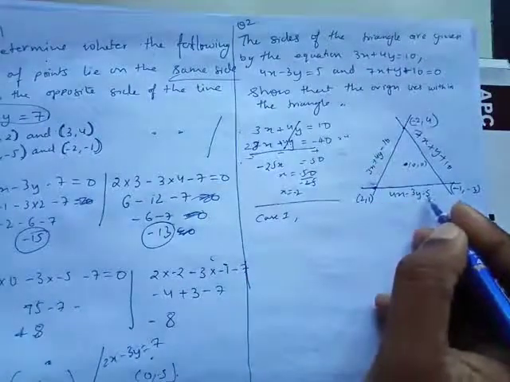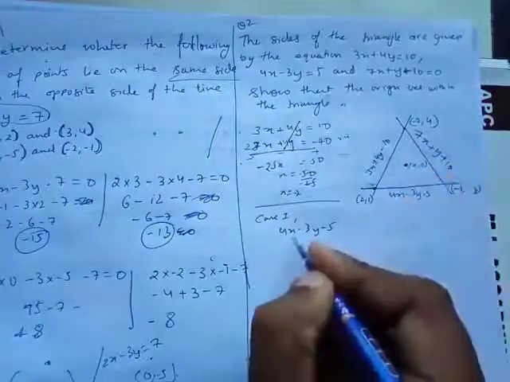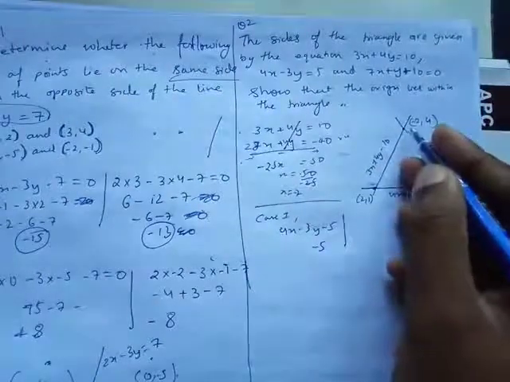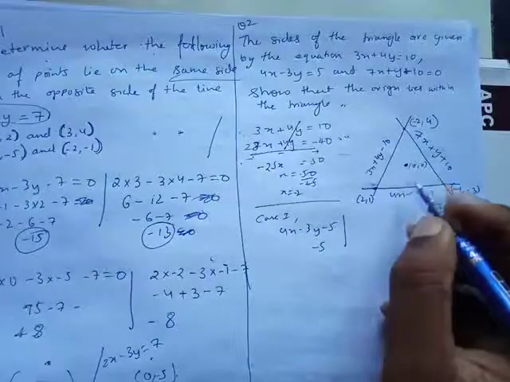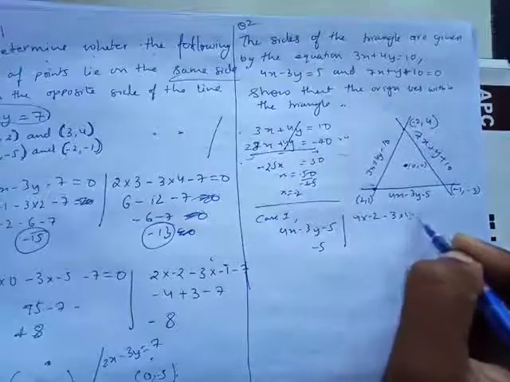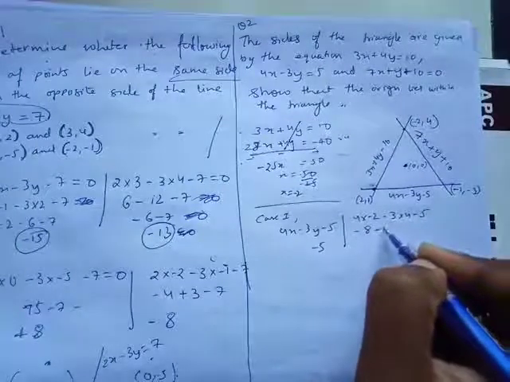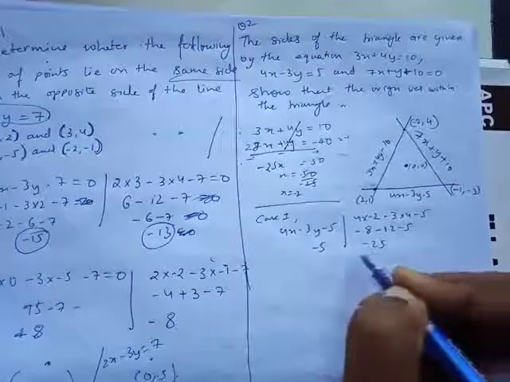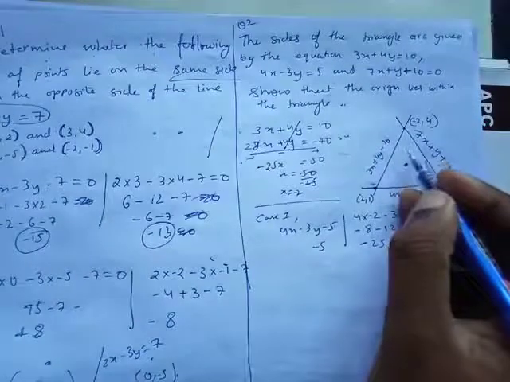4x माइनस 3y माइनस 5, ठीक है, तो putting the value of 0 and 0, तो ये तो 0 हो जाएगा, तो आपके पास कितना आ गया, -5 आ गया, ठीक है। अब ये वाला पॉइंट डाल के देखते हैं, -2 और ये डाल के देखते हैं। सो अगर मैंने इसमें -2 डाला, 4 इंटू -2 -3 इंटू 4 -5, so that is, this is going to be -8, this is going to be -12 -5, so -25. So are both of them having the same sign? Yes. So it means they are lying on the same side.